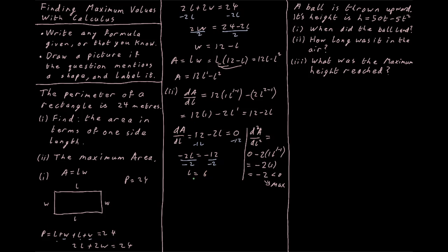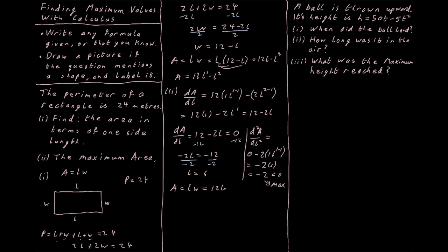So we know that this is going to be where we get a maximum, because that's all we get out of this quadratic. There's no minimum. So what we need to do now is, we weren't asked for the side length, we were asked for the area. So now I need to go back and say, well, the area is equal to the length times the width, or I know that the area is equal to